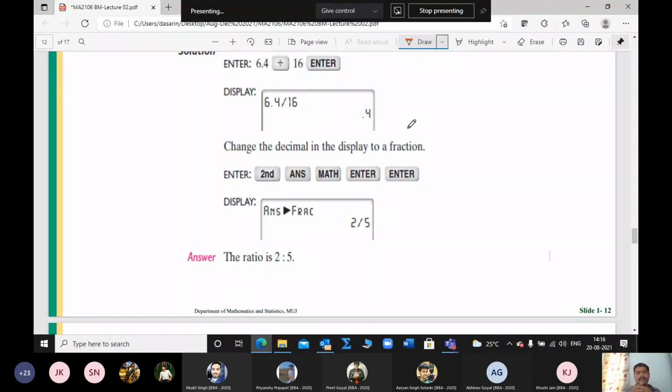The easy thing is, as you mentioned, sir, I can show it in unit ratio. Unit ratio also we can do: 0.4 divided by 1 becomes a unit ratio. As far as this question is concerned, that is also a correct answer, no issue. Change the decimal to display in fraction form. Suppose I ask the question, don't make it as a unit ratio, then what would be the outcome?